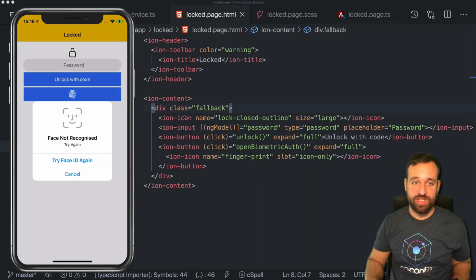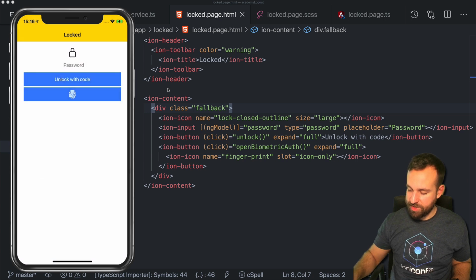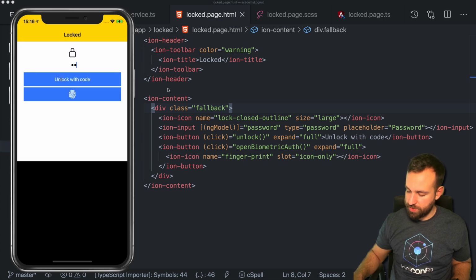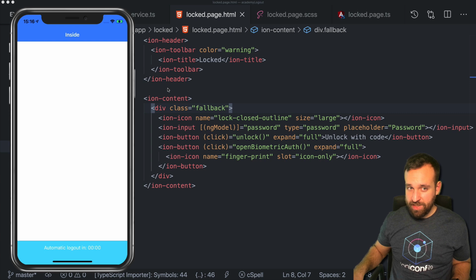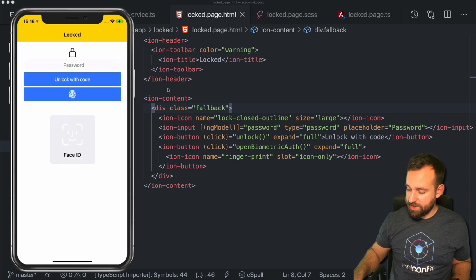I just removed the ngIf for now, so now we can see our super special password input, unlock with code, and a button to trigger the dialog again. So I could use password 1, 2, 3, 4. I feel like it's not going to work. Okay, it's going to work. That was unexpected. Let's try and cancel the FaceID again, and let's try to trigger it manually, and that works